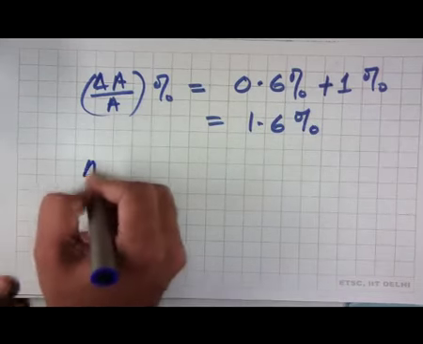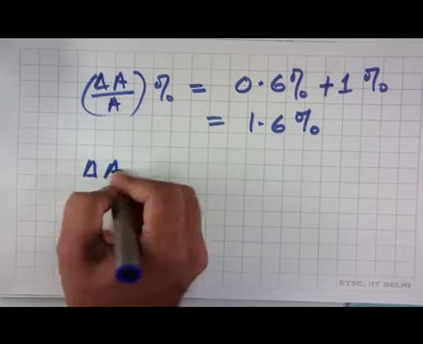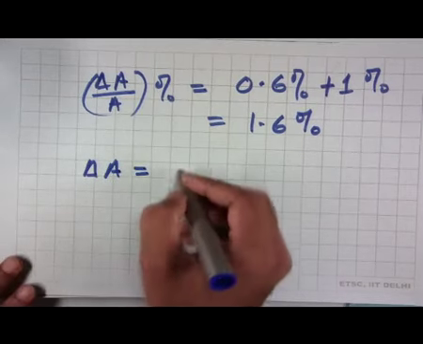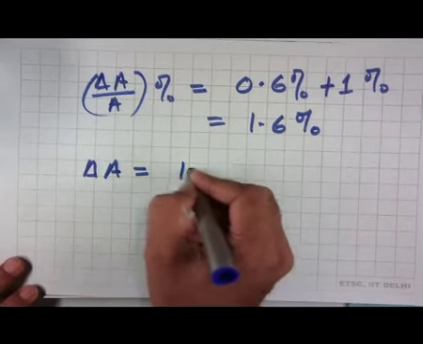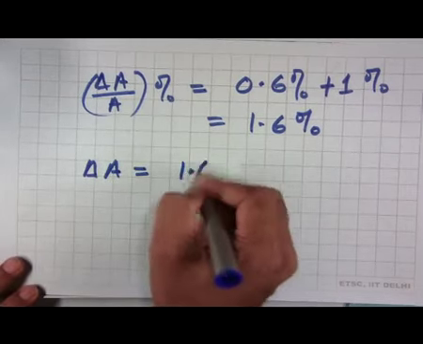So delta A, the error in the area, will be equal to 1.6 by 100 multiplied by the value of A, and A is equal to 16.2 into 10.1. Therefore, what I get is area is equal to 163.62 centimeter square